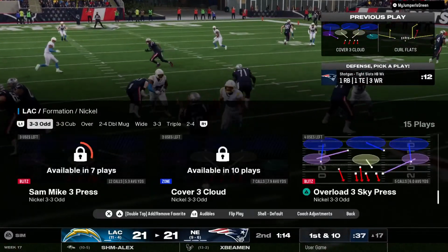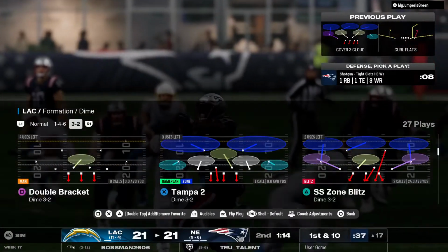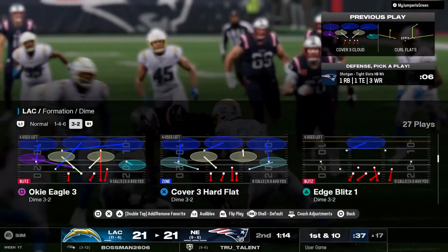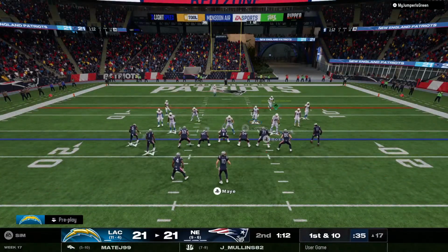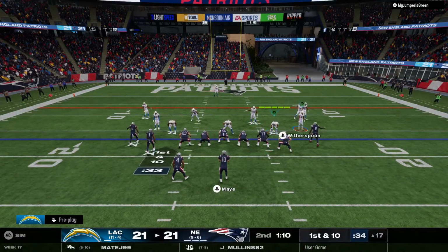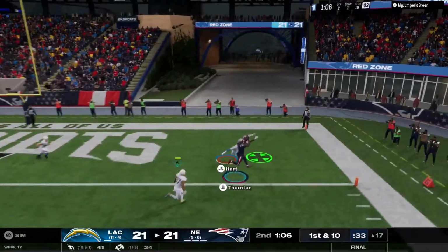That last completion's going to go a long way towards at least finishing this 2-minute drive, Mike, with some points. You're already in field goal range, so now the idea is continue to work the clock down, take a couple shots at the end zone. You want to get points, ideally a touchdown, but either...